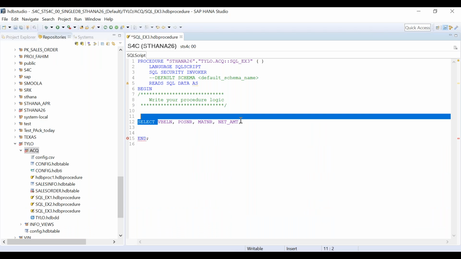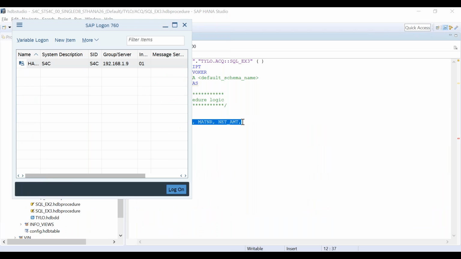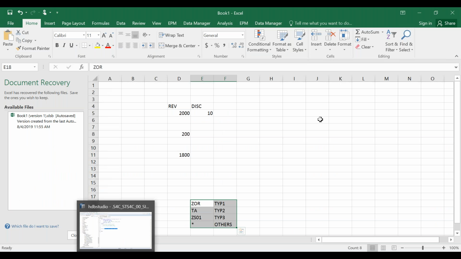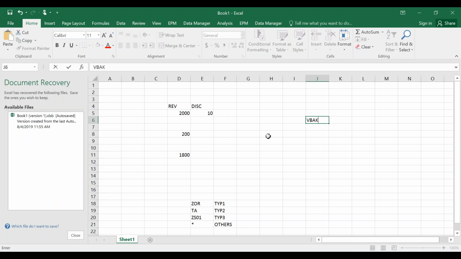So what we will do is we will also understand joins here. How do you write a join? So we will have two tables: one is VBAK and one is VBAP. In VBAK, we will take VBELN, the sales order number, and we will also take AUART, which is sales order type. From VBAP, we will take POSNR, MATNR, and the respective net amount, which is NETWR.